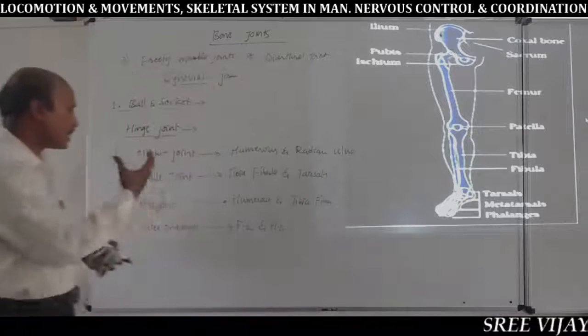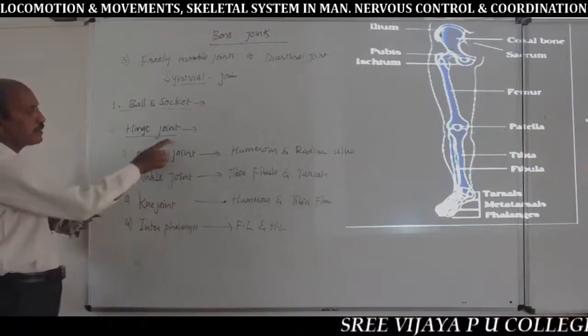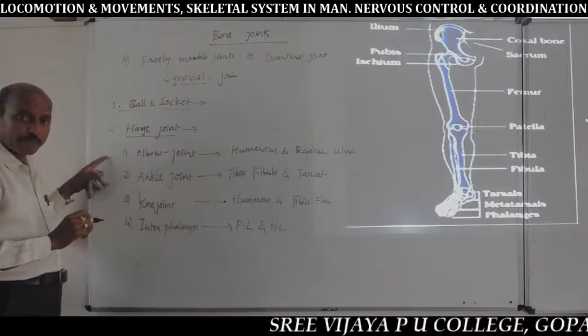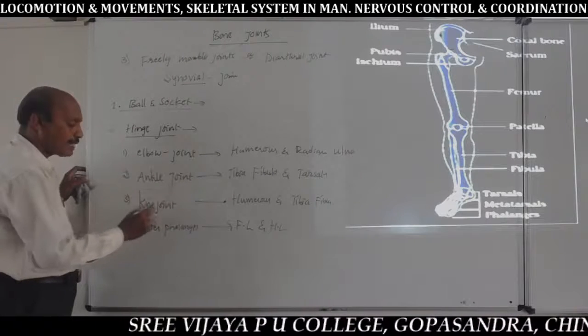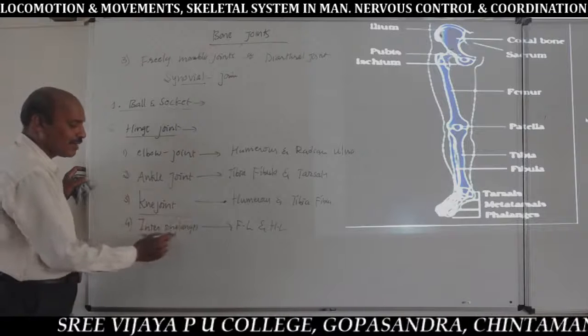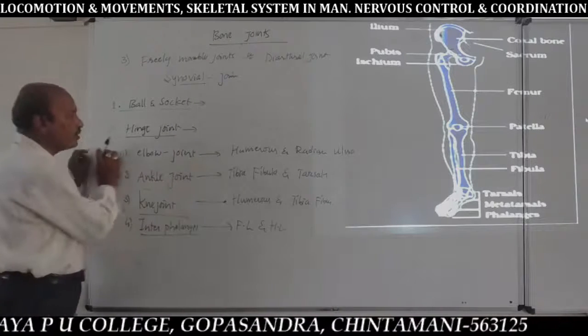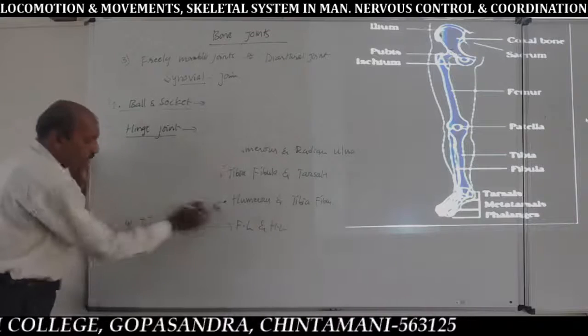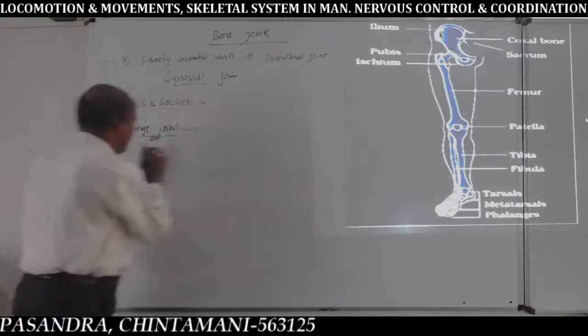That is the classical example of a hinge joint. So the important examples of hinge joint are elbow joint, ankle joint, knee joint, and interphalangeal joint. Then next to the hinge joint, pivot joint,